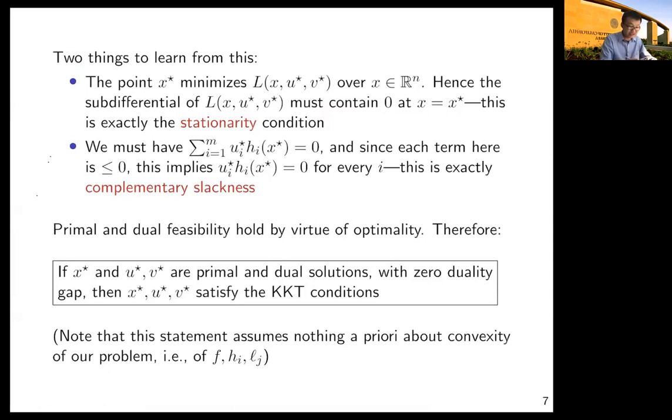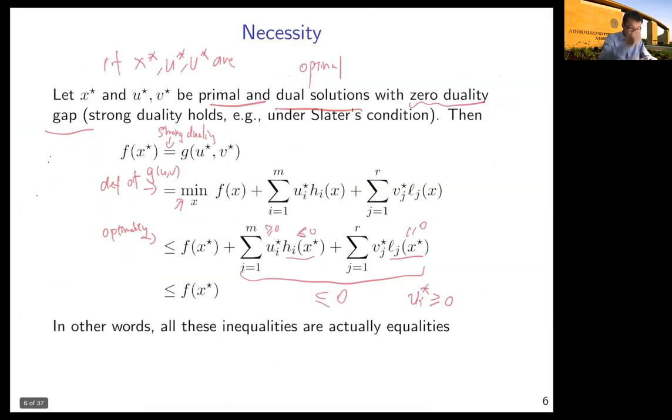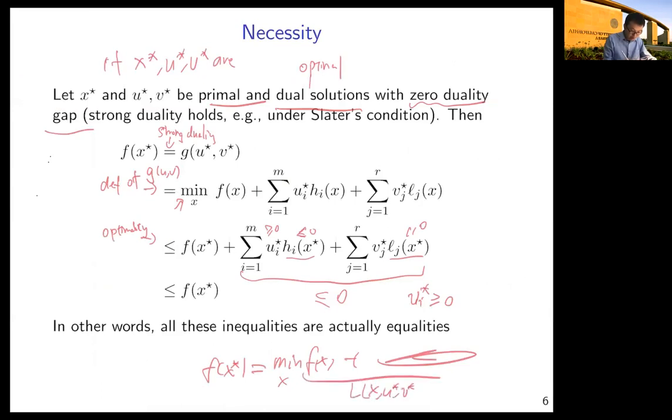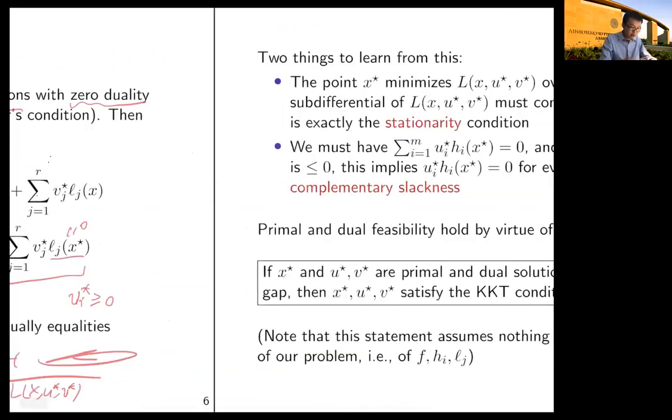Okay, so that's essentially the stationarity condition. To see that, notice that f(x*) is equal to the minimum over x of f(x) plus all the other things, that is L(x, u*, v*). Therefore, f* is a minimum, and this is equivalent to 0 being inside the subdifferential of L(x*, u*, v*), right? And secondly,